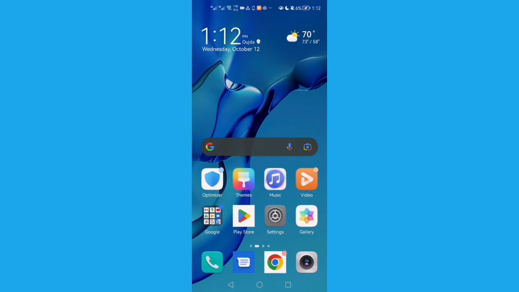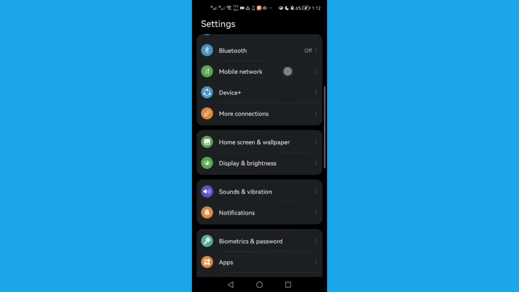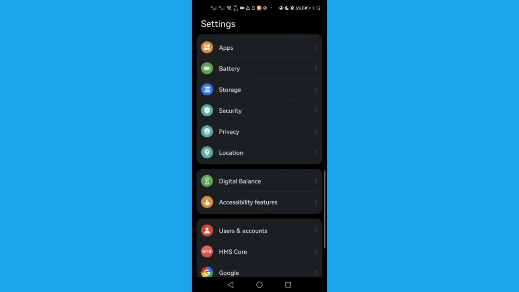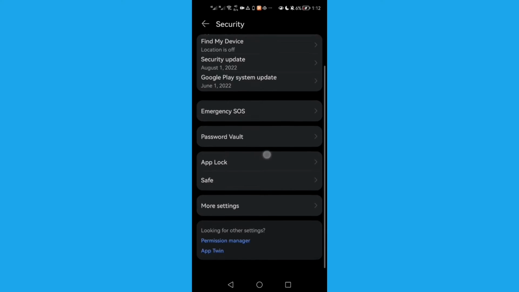First, open settings, and now just scroll down until you find security, and here we'll find app lock. Click on it,